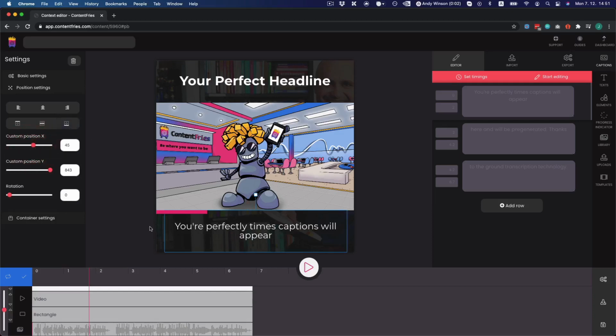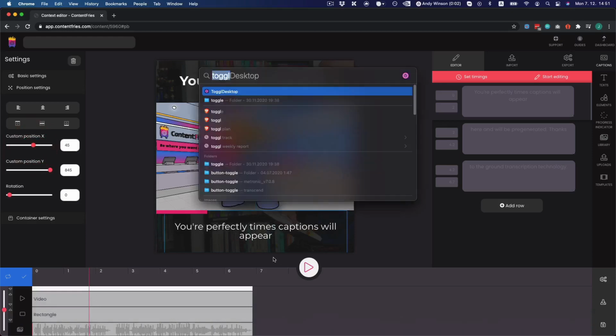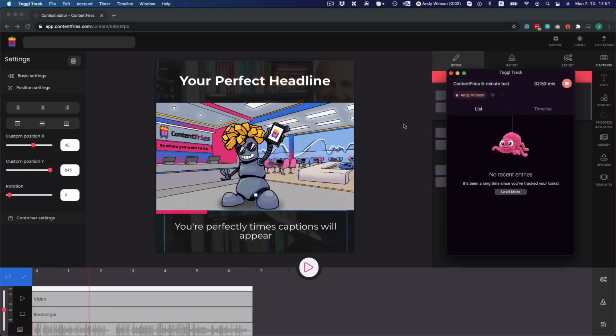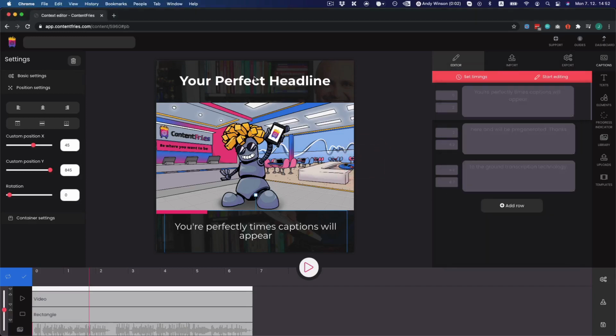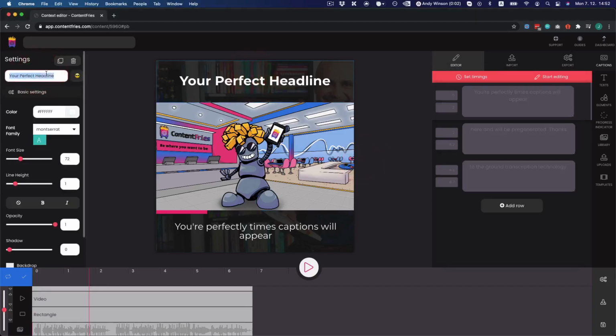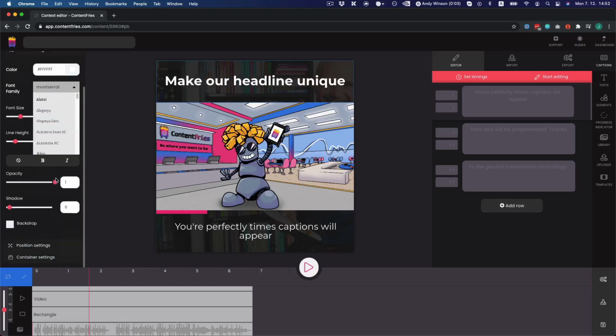And move the X position. I can move it with my mouse, but I like to change only one axis, and this is better for me. Now let's see how it goes with our timer. We have 2 minutes left, so we need to make our headline unique, and maybe choose some fancy font for that,